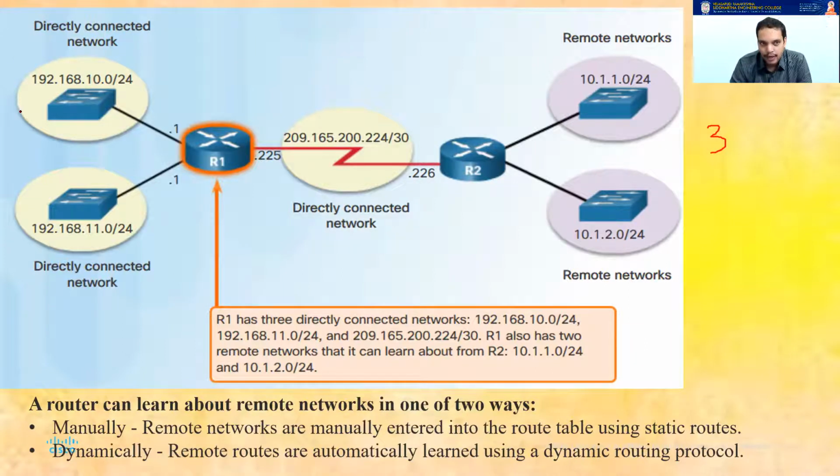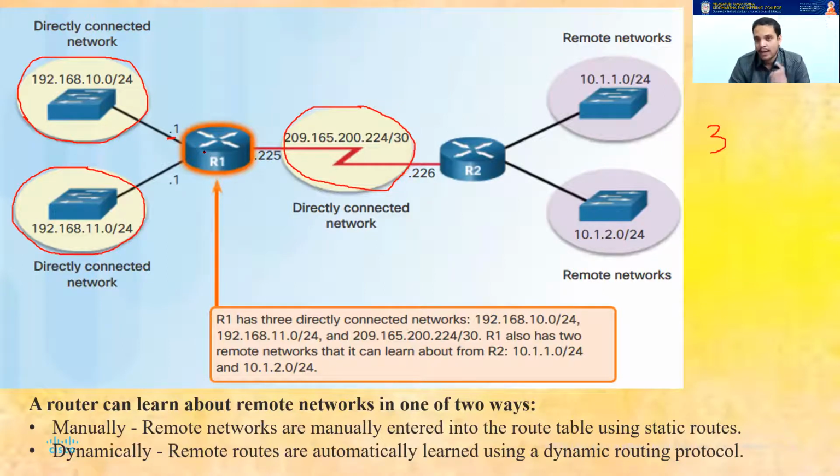Here is one network, this is another network, and this is the third network to which R1 is directly connected. Okay, sir, what do you mean by direct connectivity? It has a direct link, and also it has an IP address belonging to this network. As I told you, R1 does not have just one IP address. If there are 3 lines here, R1 will have 3 IP addresses for these 3 lines. These are called interfaces. So for each and every interface, R1 will have one IP address.